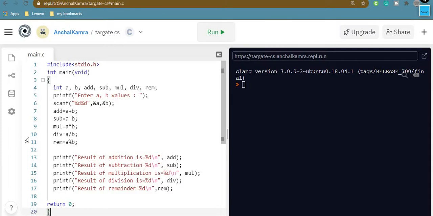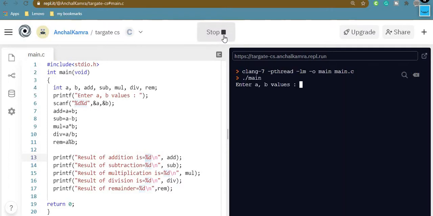Over here you can check that I am using %d in order to print integer type values, and all the variables that I am using in this program are of integer type, whether the two variables holding our operands, that is a and b, or add, sub, mul, div, or rem, right? So let's execute this.